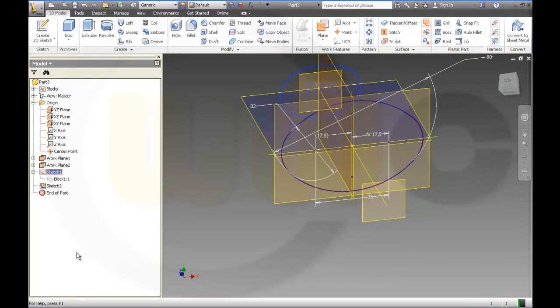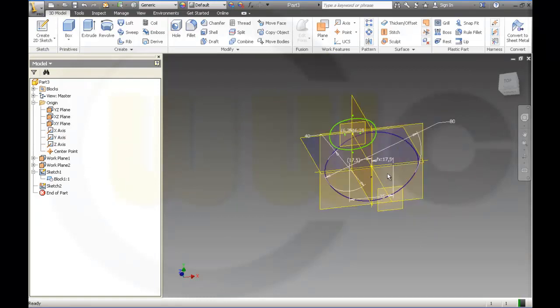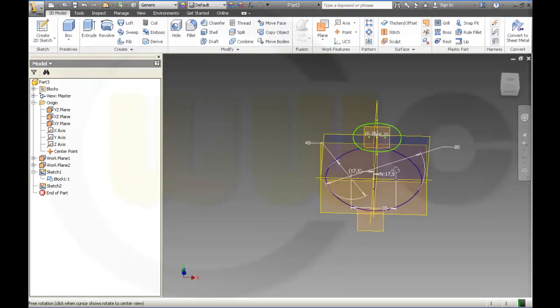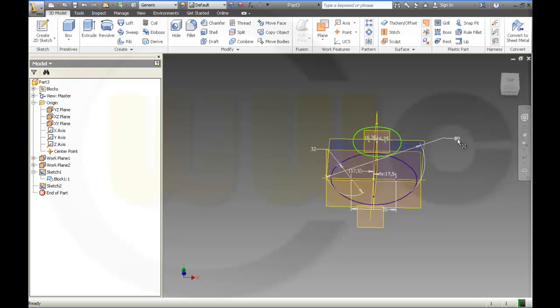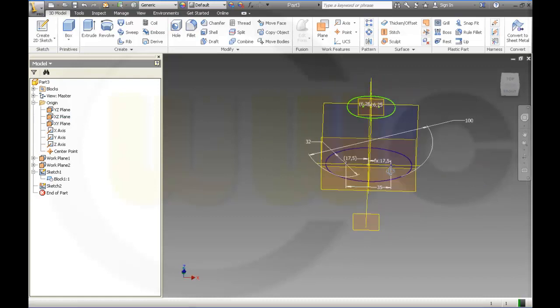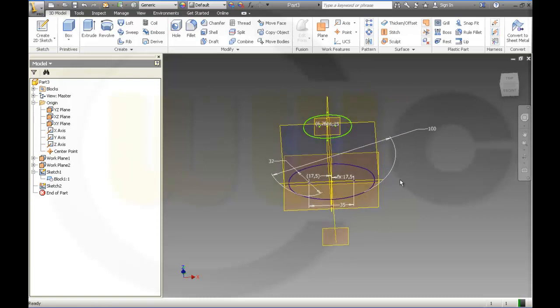Make this one visible again. Yeah, maybe I change this value to, let's say, maybe this one to 40. No. Back again to 32. And this one a little bit smaller. Let's say 70. Or let's take 100. Yeah, that's more like it. Okay, and